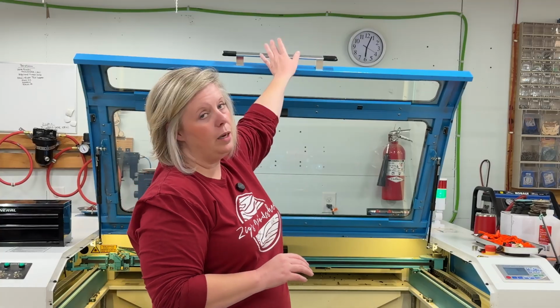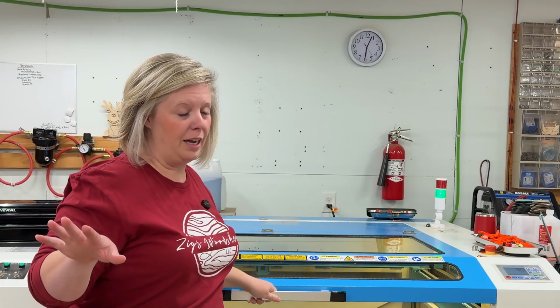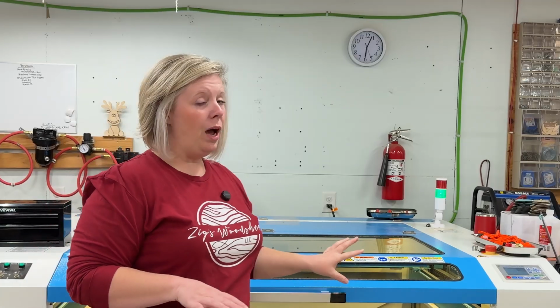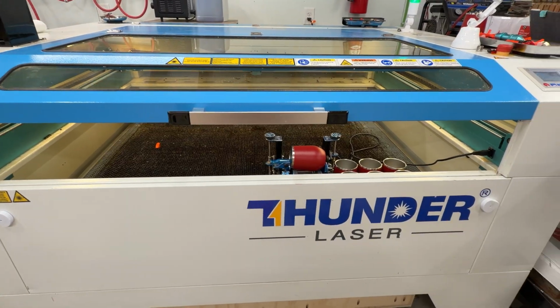Now, one thing that I do, and this is a huge tip, if you have the ability, I actually keep the lid to my laser down during this process. The entire process, I never lift the lid. If you have a pass-through door on your laser and you're able to take that off, I highly recommend you do it,